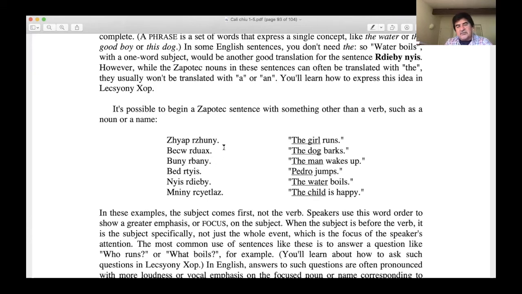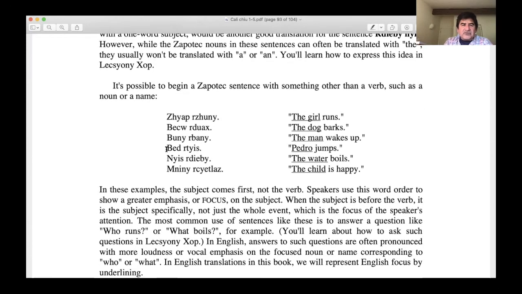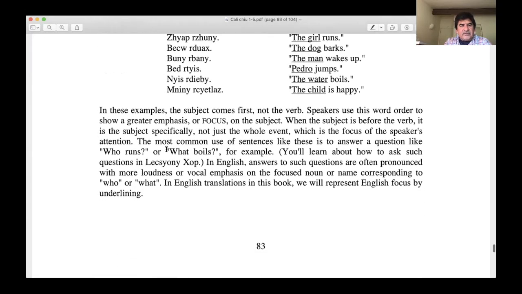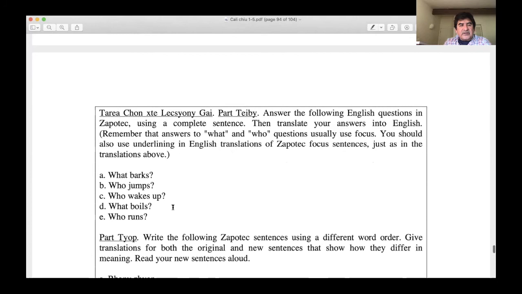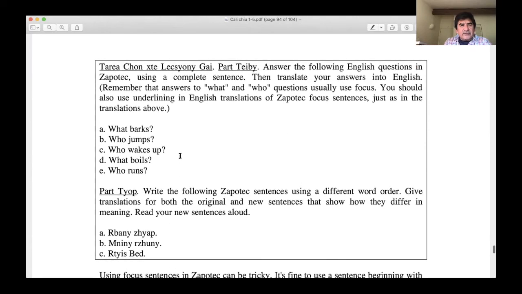So as I said, if somebody asks, who runs every day, and you say the girl runs every day, right? So we're focusing on the subject, on who does the running. I hope that makes sense, because that's what we're talking about. The focus is on the subject. Okay, all right, and we explained that. So if you guys want to go back and read it, and so you won't forget about it, you'll do some of the homework here using the focus sentences.